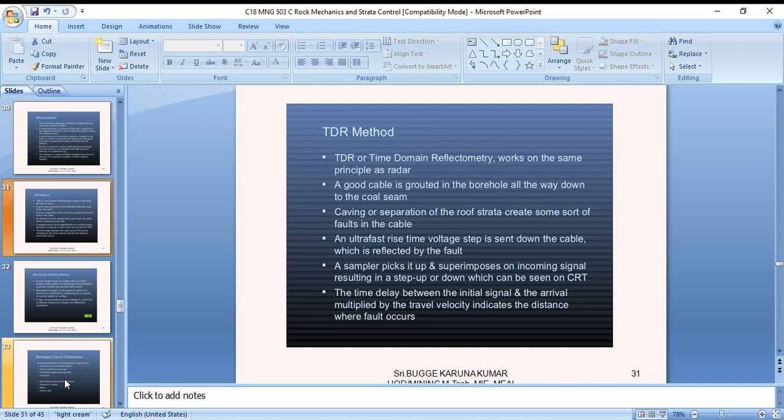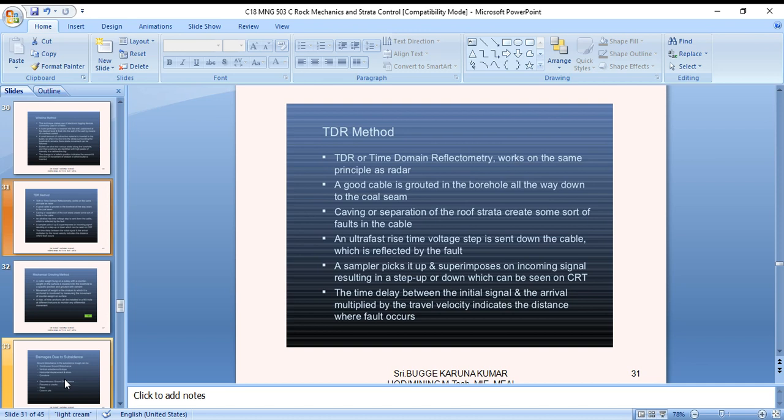It works on the same principle as a radar. A coaxial cable is grounded in the borehole all the way down to the coal seam. Caving or separation of the roof strata creates shear faults in the cable. An ultra-fast rise time voltage step is sent down the cable, which is reflected by the fault. A sampler picks it up, superimposing it on the incoming signal, resulting in a step up or down,